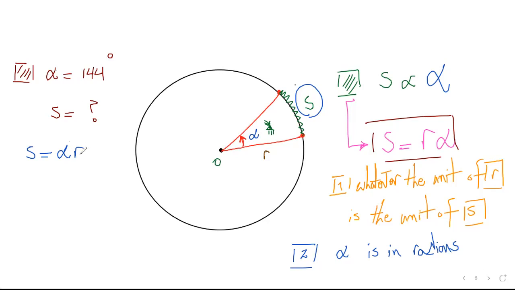How about the R? Imagine that R is, for example, 18.20 centimeters, then the arc length is equal to